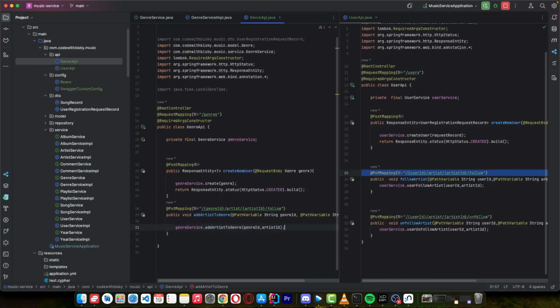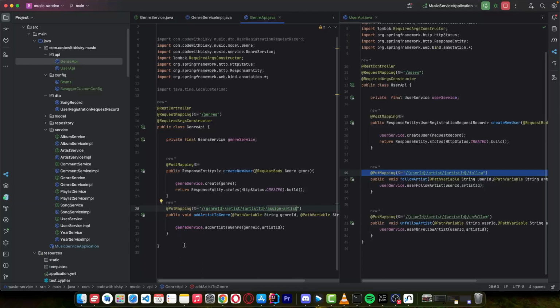So by doing this, we can add here, it's just put mapping, add artist to genre, assign. So you are assigning this to genre, assign artist,